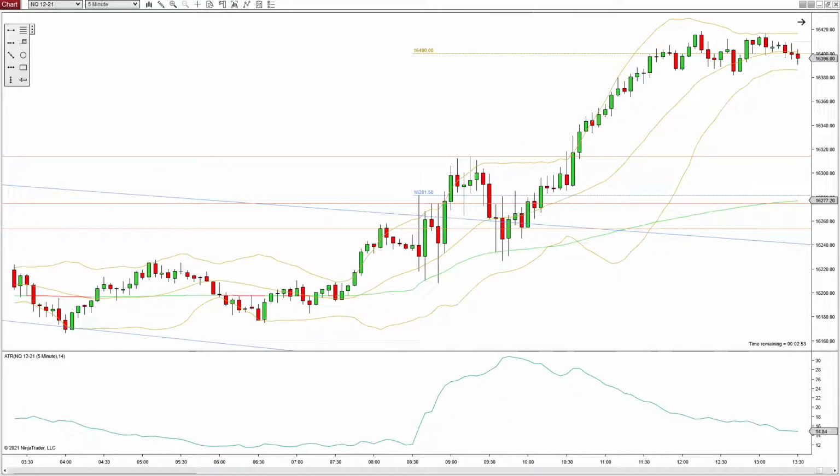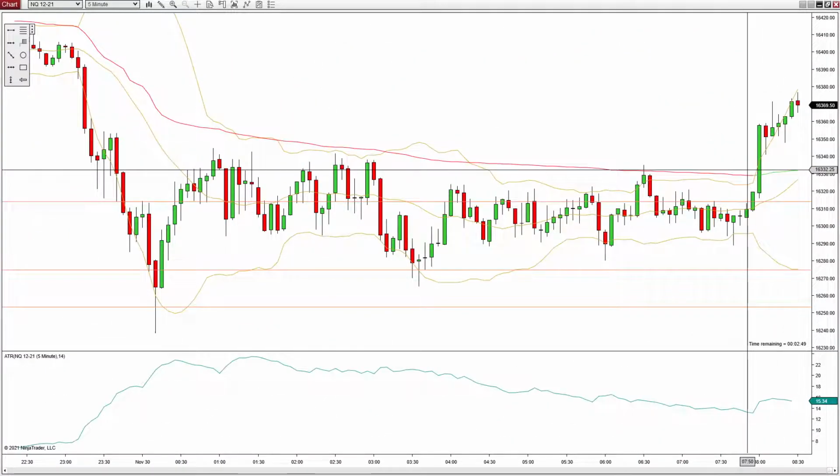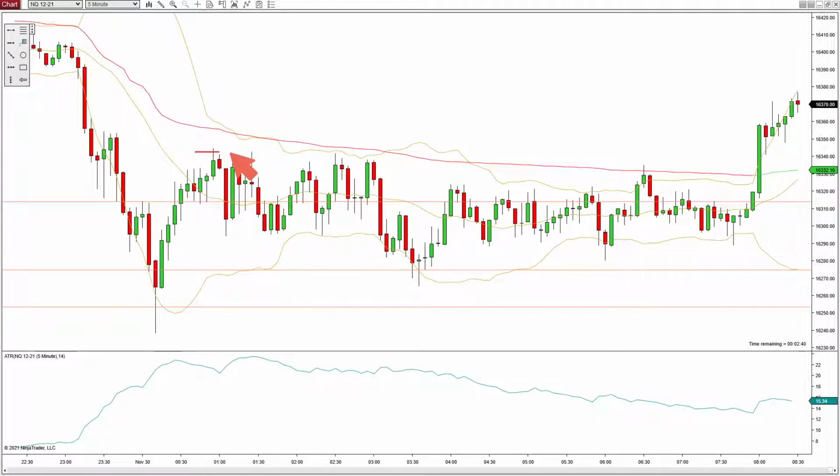So if that's any preview to what might happen today, then I would think at 16,330, back down here at VWAP, which you can also see has been acting as pretty good resistance for price pre-market. So it exploded through it on this big green candle. It may want to come back down and hit this area of confluence, 16,330, which is also the 20 SMA